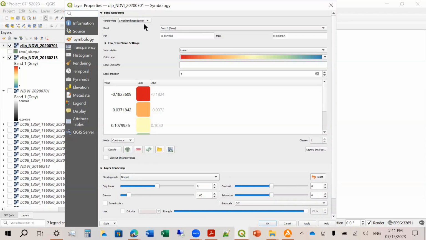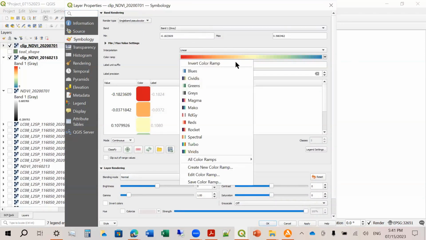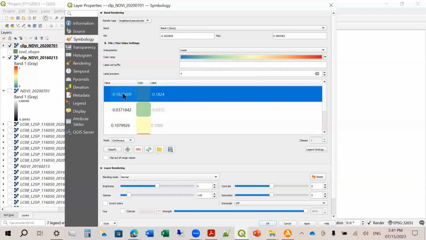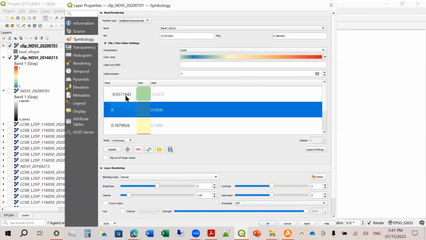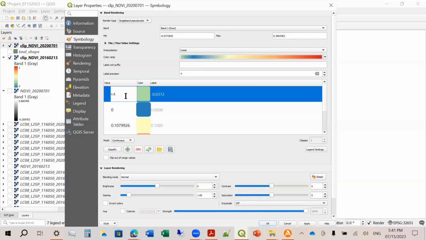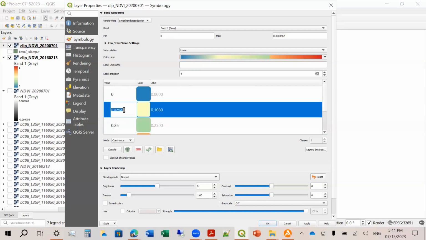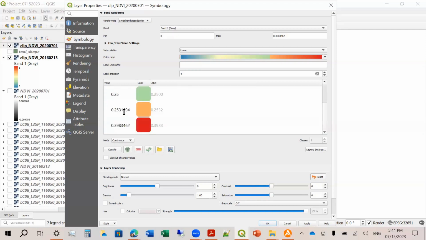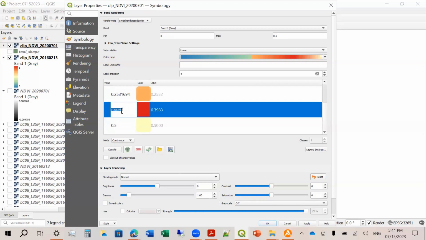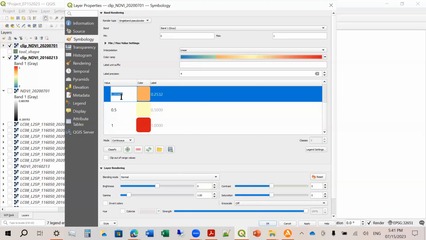So single band pseudo color, reverse color ramp. So blue is 0, green is 0.25, yellow is 0.5, and then red is 1, and then orange is 0.75.